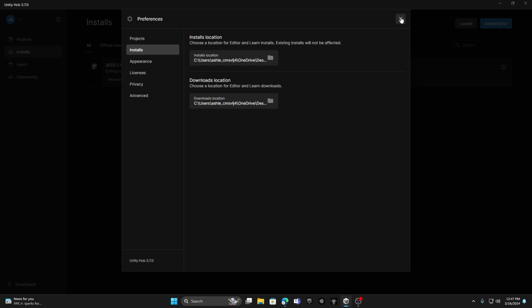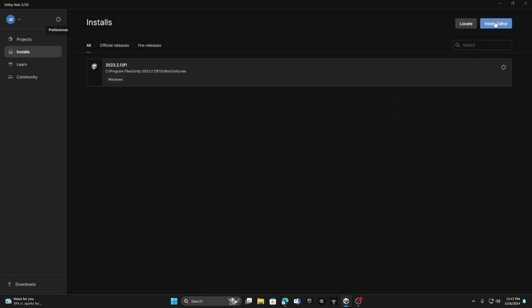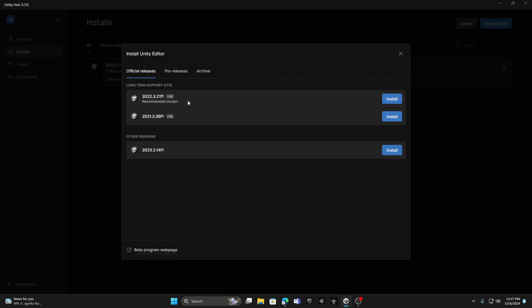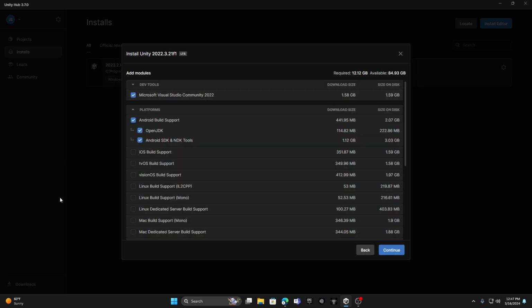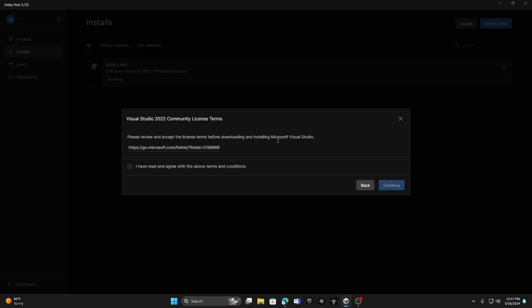Once you do that, X out of it, then go to install editor, click the latest version. It will say LTS, and also download the recommended version and the latest, the LTS. But yeah, click install, then make sure this is checked, it should automatically be checked, and Android build support is supposed to be selected as well. Then just click continue, check,